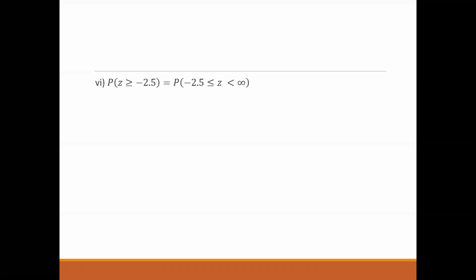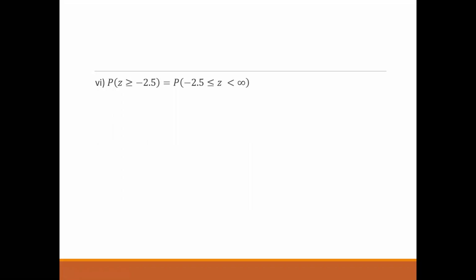which can be written as here. So it is minus 2.5, because we have said z greater than or equal to. So if it is greater than or equal to, that means from minus 2.5 it is going to go up to positive infinity, isn't it? So I can rewrite this whole thing as this. That is, probability of the value of z moving from minus 2.5 up to infinity. We cannot put equal to infinity here, so that's why this is less than infinity.